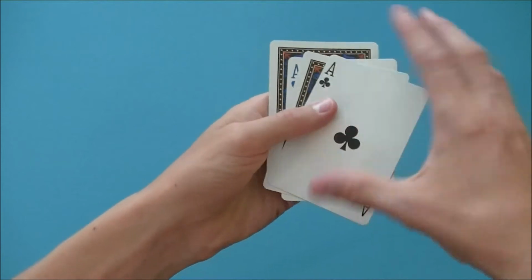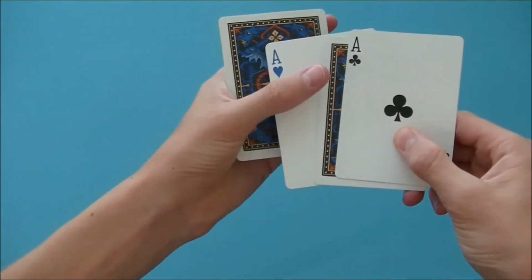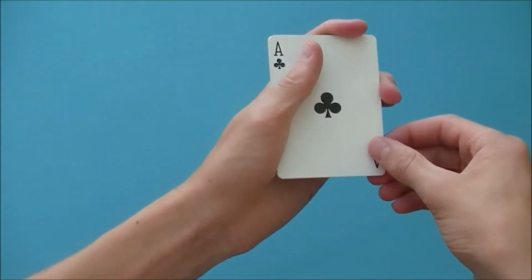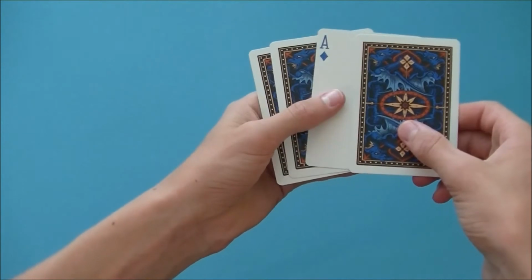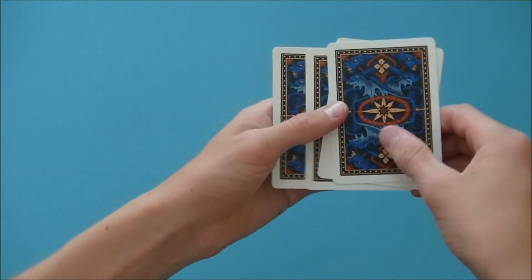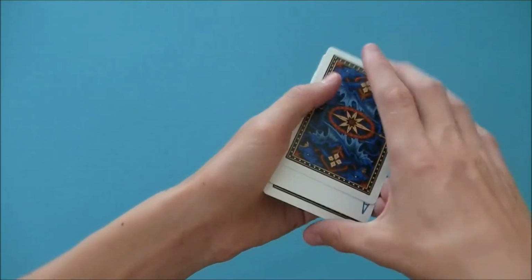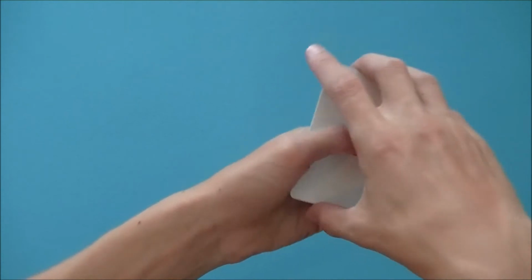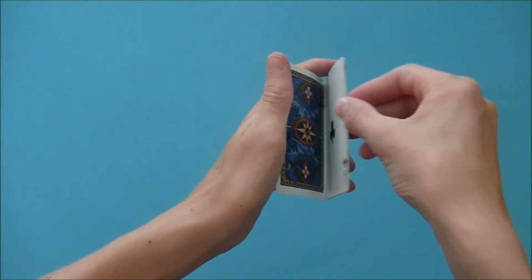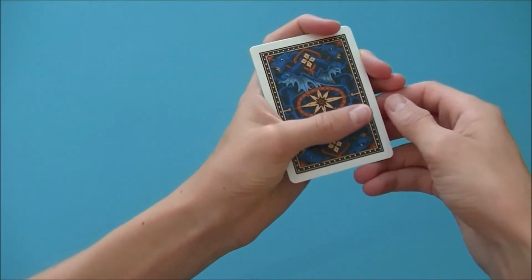Instead of finishing it by putting it on top, I put it on the bottom. And the next thing I do is another triple lift. So I lift up the ace of hearts and this ace of diamonds card and the ace of clubs. And what that does is it makes the ace of diamonds turn over like that. So I turn over those 2 cards like that, and then the ace of diamonds is turned over. And of course you get your pinky break again, and you turn them over like that. And then all I do is another Elmsley count,